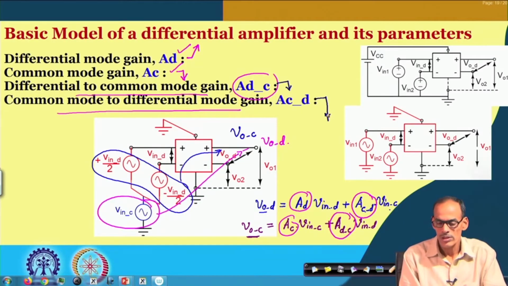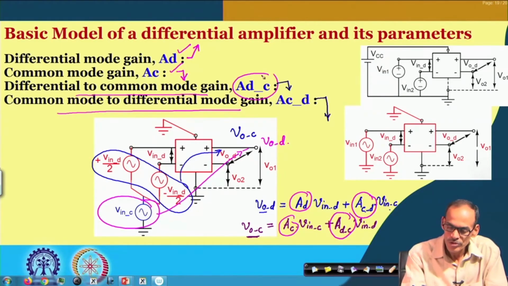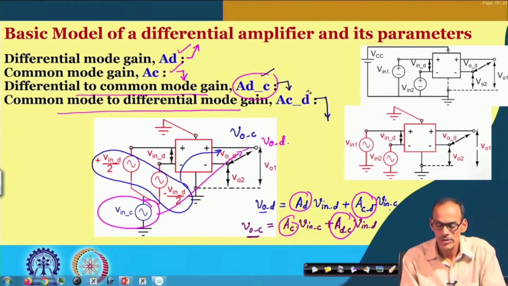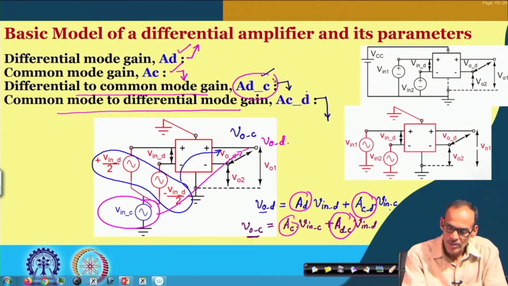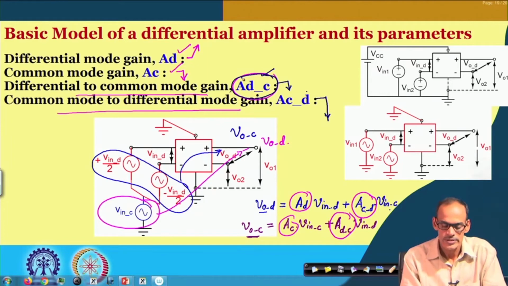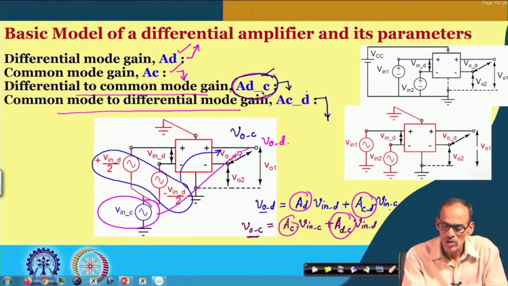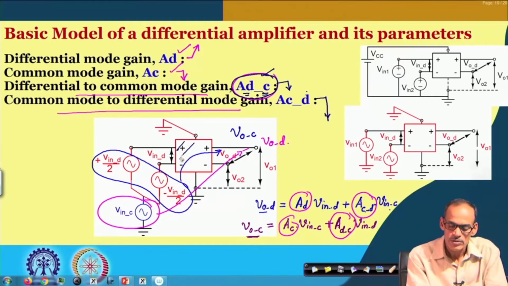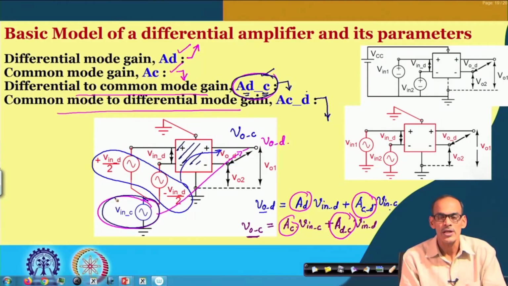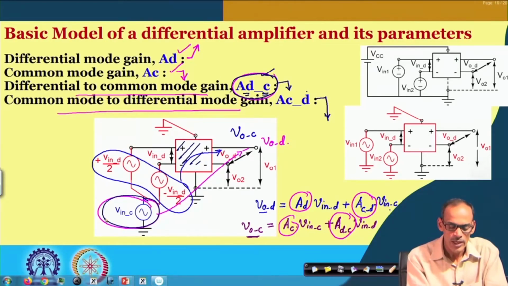And it needs to be observed that we want both these parameters as small as possible, but making this parameter smaller is definitely more desirable, because it converts the common mode signal into differential. So, if I say that our main purpose of using this differential amplifier is to eliminate the common mode signal, which means that this is the unwanted part,